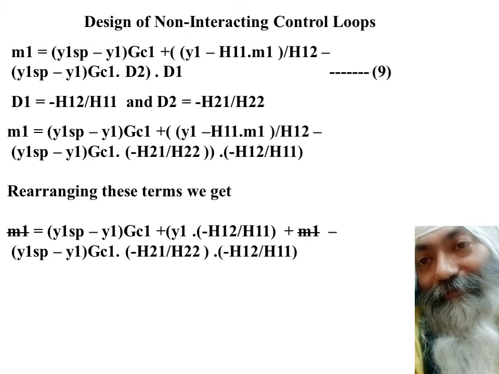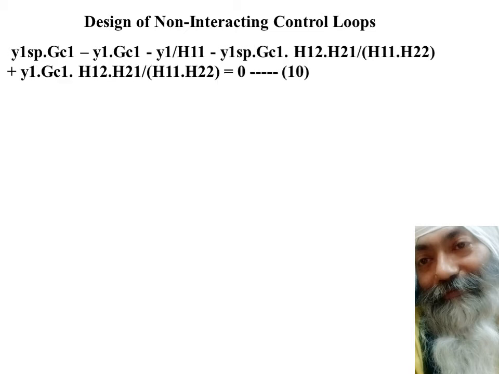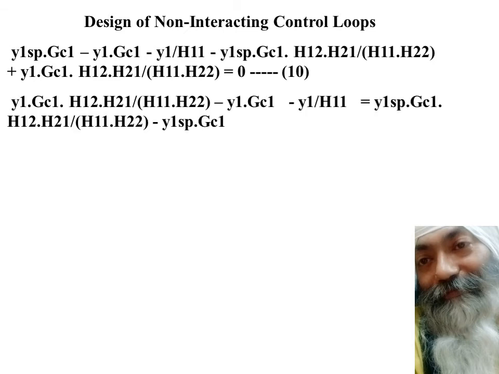Once we get this equation, I'm going to open the brackets further. So you have y1 into sp minus y1. Once I open these brackets over here, similarly I open the brackets over here, and I am going to rearrange the terms. You will get this equation as equation number 10, and here again I do some transpositions, step by step, as we will see in the next slide. This is equation number 10, and in this equation I'm going to do further simple manipulations.